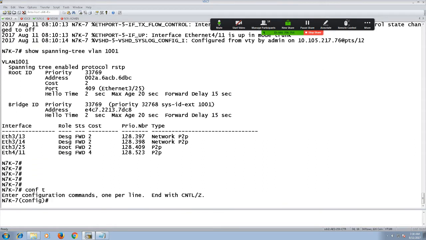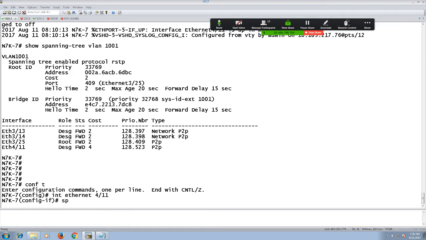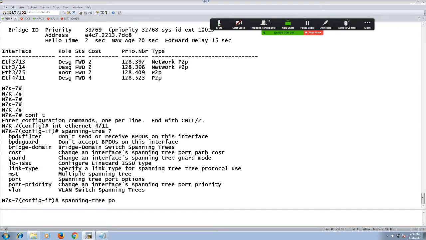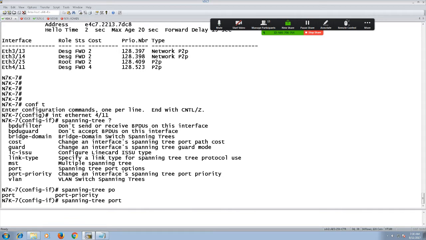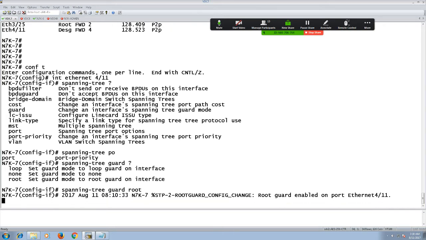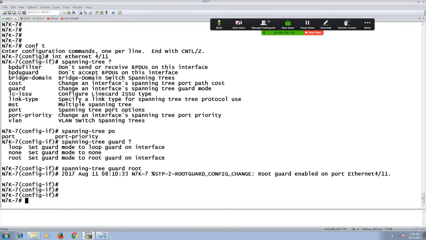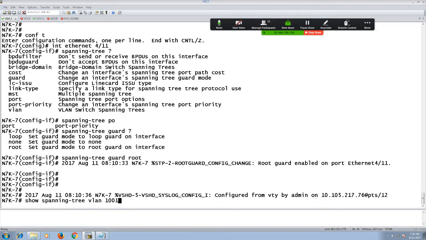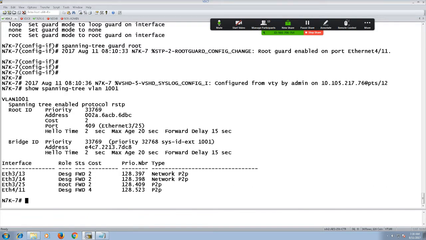But now if I go to interface Ethernet 4/11 and write spanning-tree guard, the command is guard, and the guard that I want to implement is root guard. So we have just enabled 4/11 with root guard, and if I go back and look at 1001, the port is still available because I have not sent any superior BPDU from there.